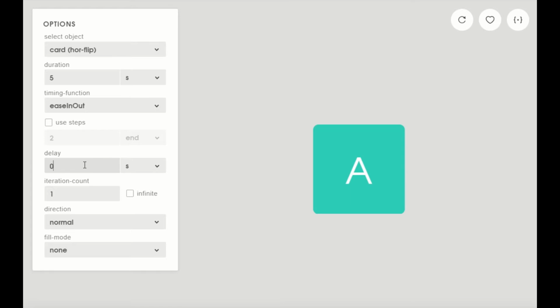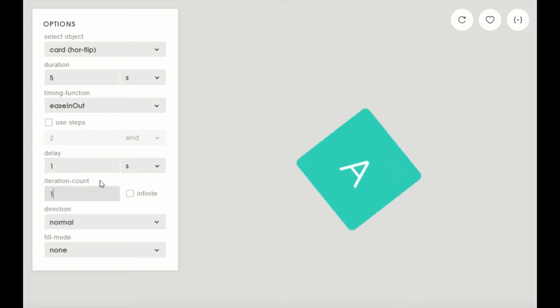Then animation delay. So again, it will delay the animation by however many seconds you set on it. And in this example, we will set it to 1 second. Okay? It delays 1 second and then it starts